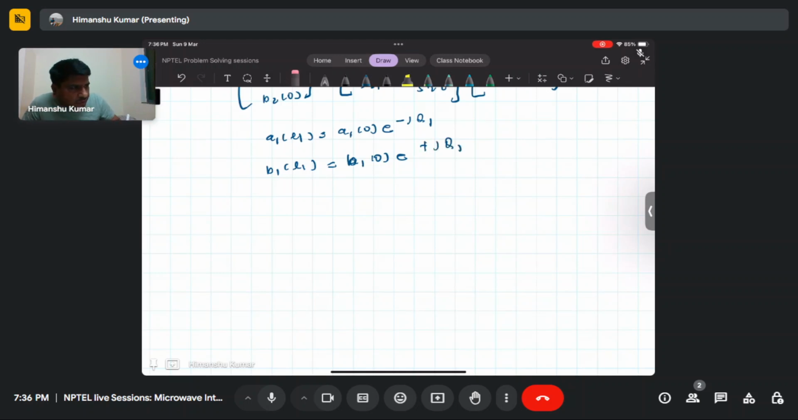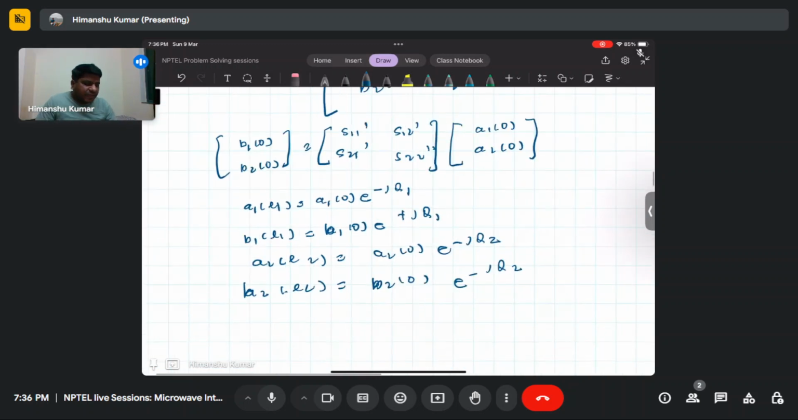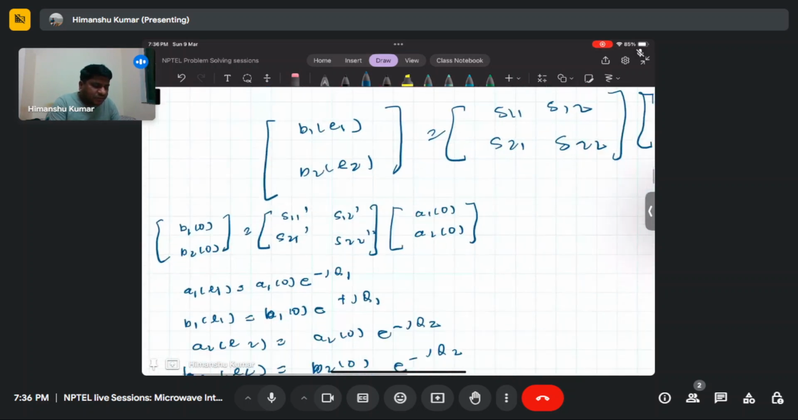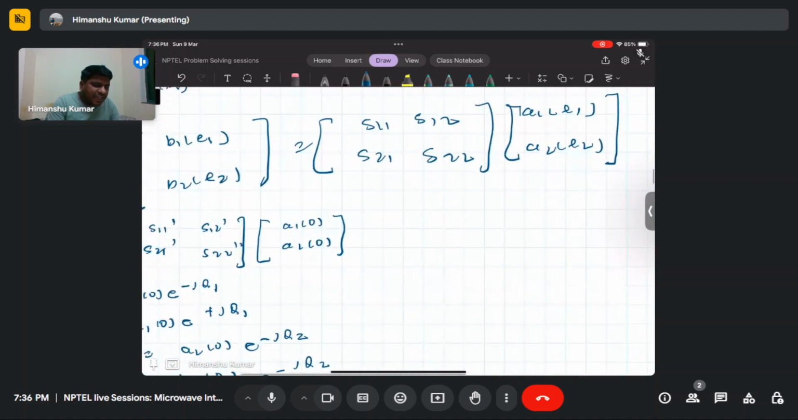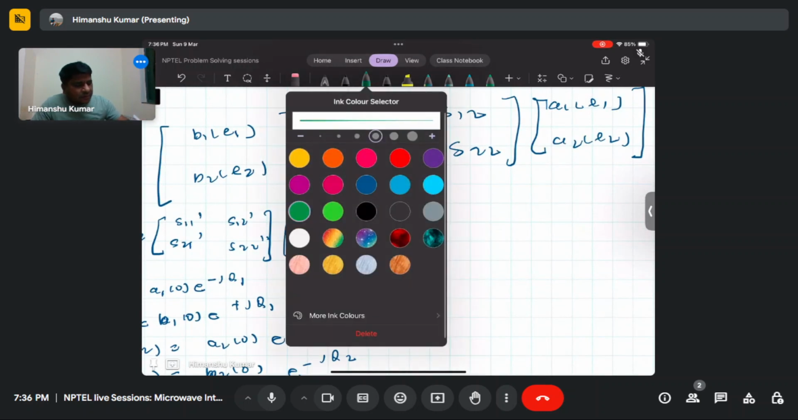Similarly, we can write A2 of L2 equals A2 of 0 exponential of minus j times theta 2. B2 of L2 will be equal to B2 of 0 exponential of minus j times theta 2. Now we can substitute this A1 L1 and B1 L1 into this. Let's say this is equation 1. So we can substitute in